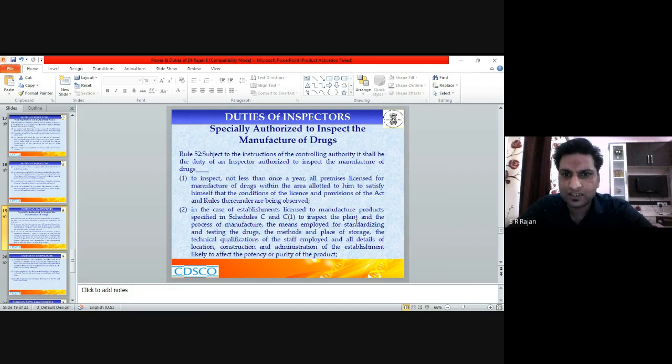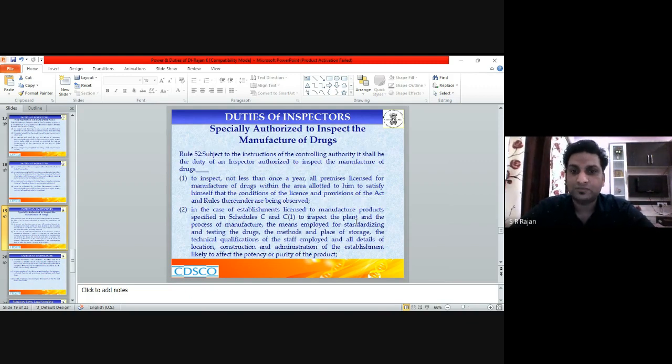In case of licenses to manufacture products specified in Schedule C and C1, as you are aware, Schedule C covers things like antibiotics, vaccines, toxins, sera and parenteral preparations, and C1 covers things like vitamins. Then he has the power to inspect these kinds of manufacturing sites, plants, and their process of manufacturing, what kind of tests they are performing, what their methods of analysis are,